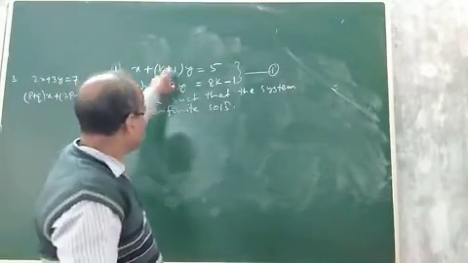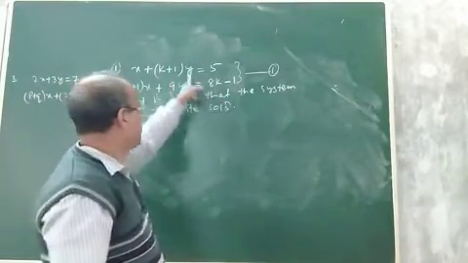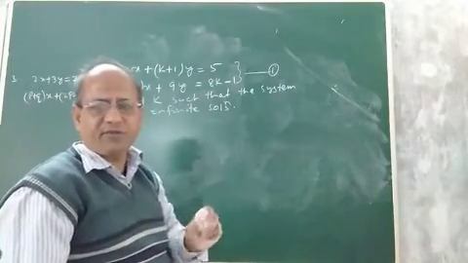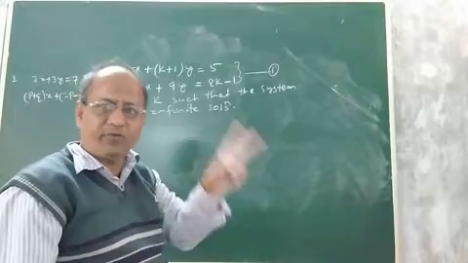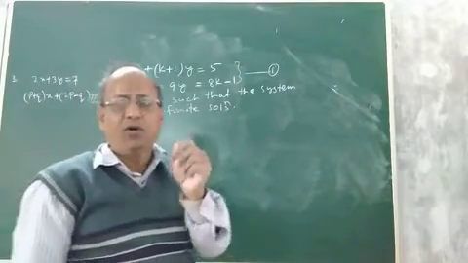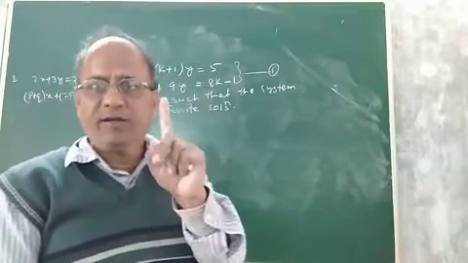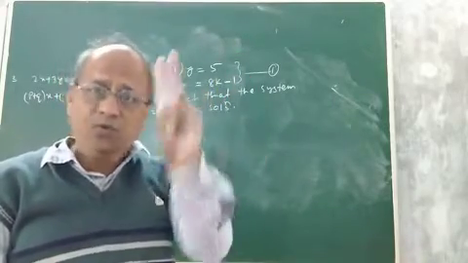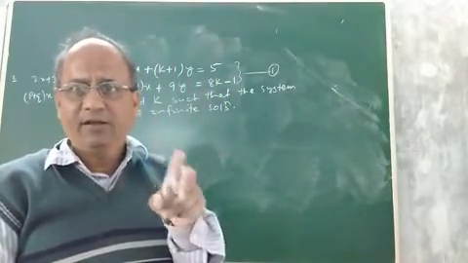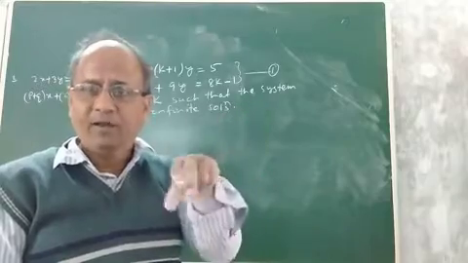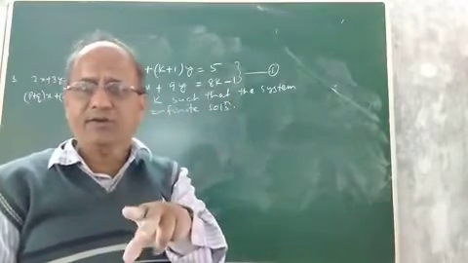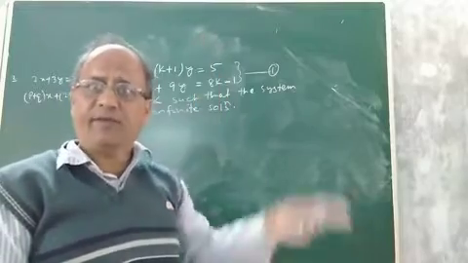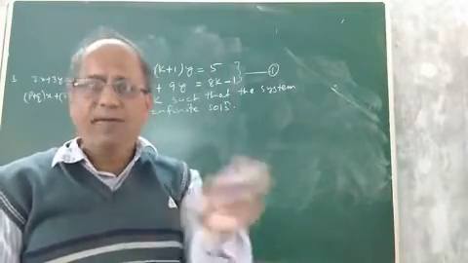Now suppose it is given that this system, and what does system mean? System means a pair of linear equations. When we consider one linear equation in two variables, it has infinitely many solutions. But when we consider two linear equations in two variables, it becomes a system or a pair. So it may have a unique solution, it may have no solution, it may have an infinite number of solutions, depending upon a condition.